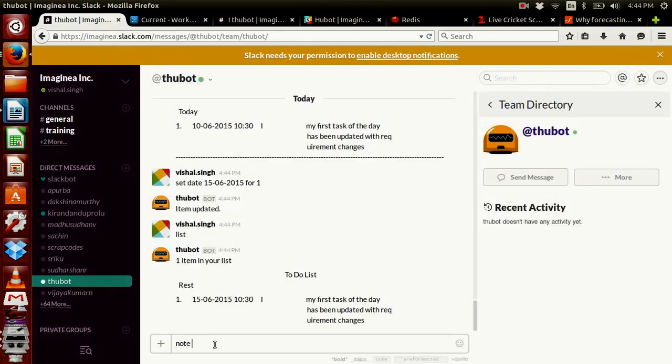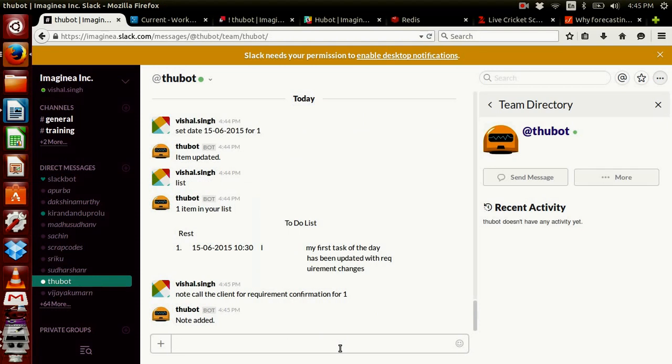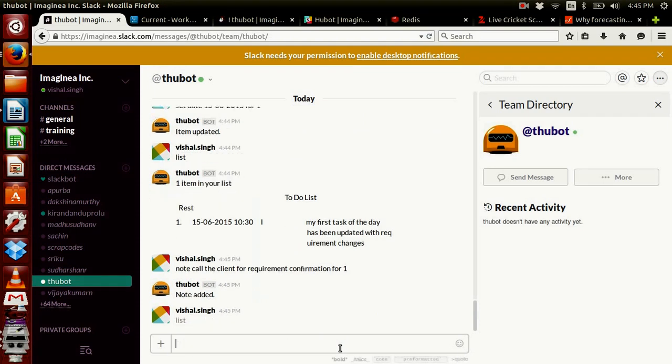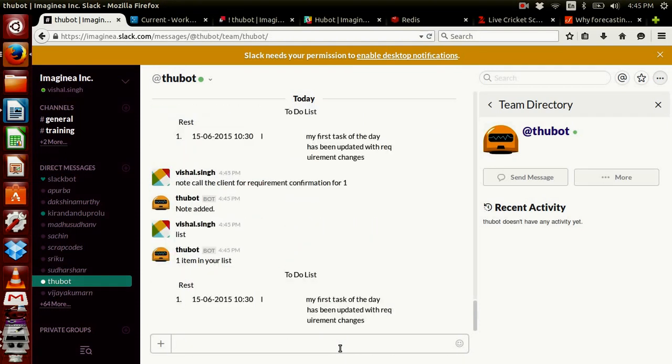Suppose you want to add a comment for any task: note calls the client for requirement confirmation, note followed by description, then followed by for 1. Note added. So if you type list, this note will not be visible.